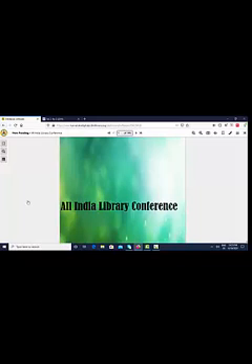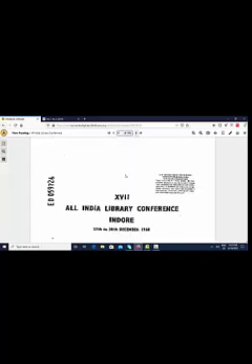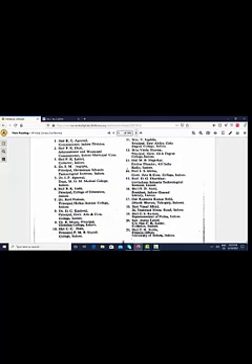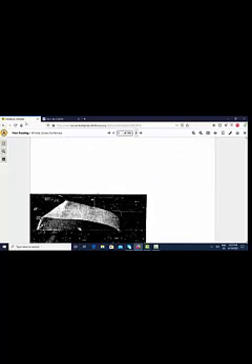So this is the All India Library Conference book. It consists of 146 pages. If I click on the next page, automatically the reader is directed to the next page. Even we can scroll down for each pages.